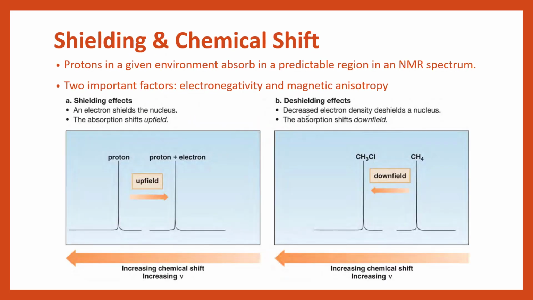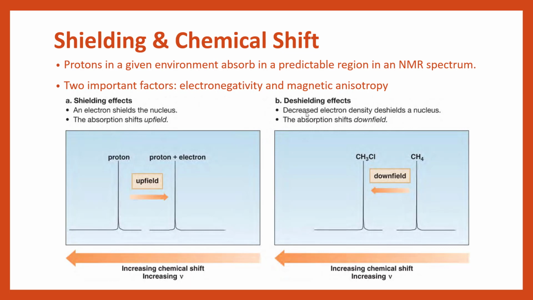So when I'm saying shielding and de-shielding, what does that mean? Shielding is when we have electrons that are surrounding that nucleus, surrounding that proton of interest. And as I said, typically when you have something that's shielded, it's pushed further upfield, closer to 0. So this is going to be something like just a plain old CH3 group that has a neighbouring methyl group as well. So if you think of protons that are bound to a carbon, on either side of that carbon you have just more carbons and hydrogens, okay, so no difference in